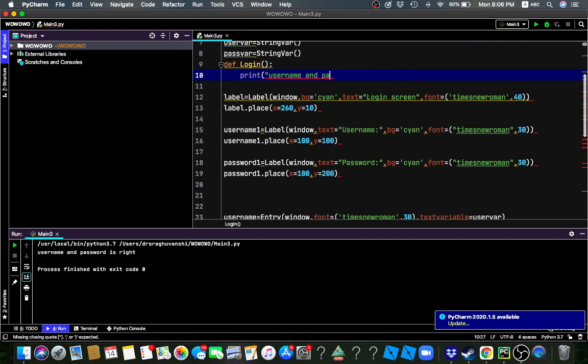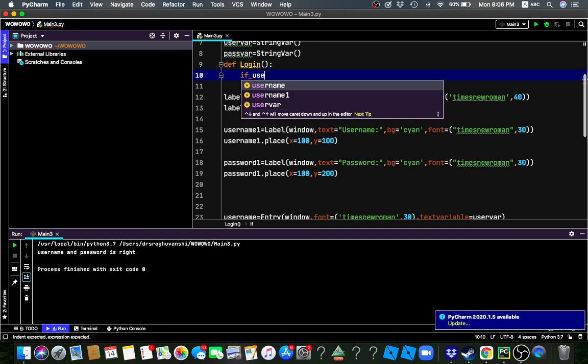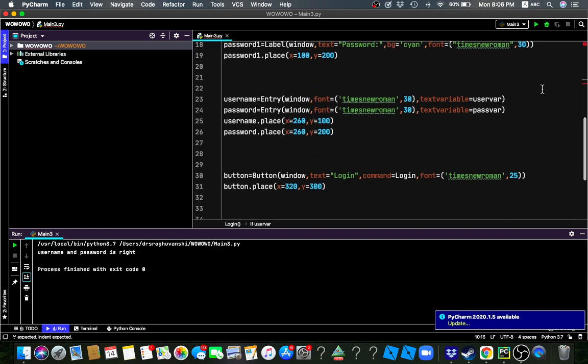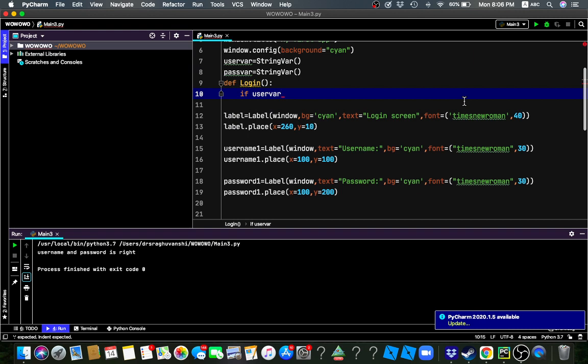So we'll define a function here. We'll use an if statement. If user var, which is the text variable for username, is equal to maybe codemer,